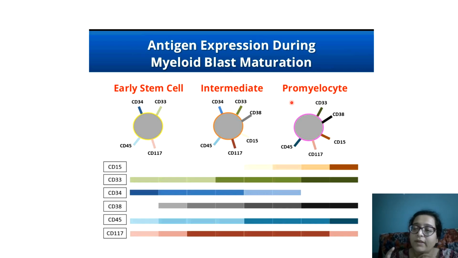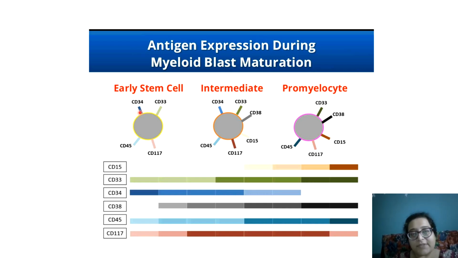So they are all cells. We are all human beings, but we belong to India, we belong to Saudi, we belong to Korea, we belong to China, Japan. That distinction in a cell is made through the surface or the cytoplasmic antibodies in flow cytometry. So when we are interpreting a flow cytometry, we need to have complete knowledge of these, which is given in WHO. Okay. So supposing it's a myeloid blast.